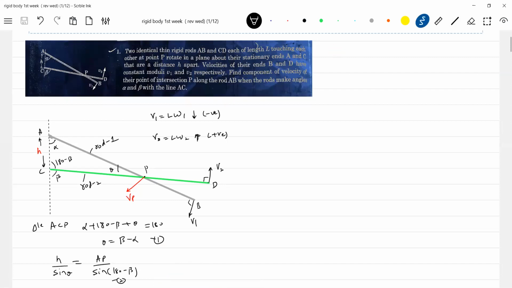So therefore, now the distance AP is equal to H